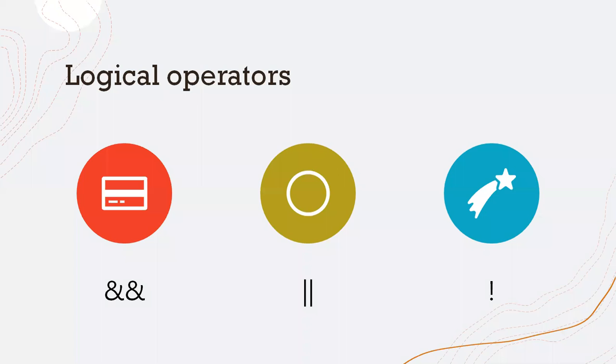Next one is logical operators. The logical operator also returns either 0 or 1, depending on the condition. They can be combined with relational operators. Here: AND operator, OR operator, and NOT operator. Like the AND operator example, 5 greater than 4 and 4 greater than 5. Like 5 greater than 4 or 4 greater than 5. So these are logical operators.